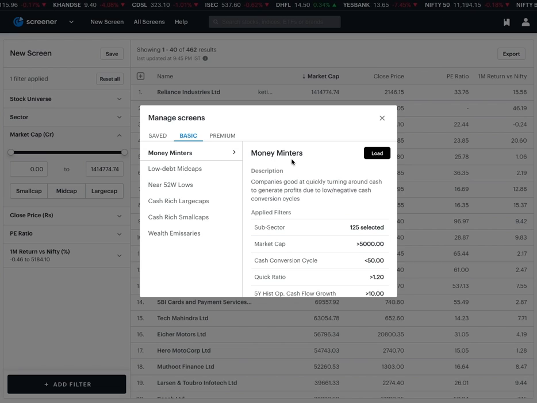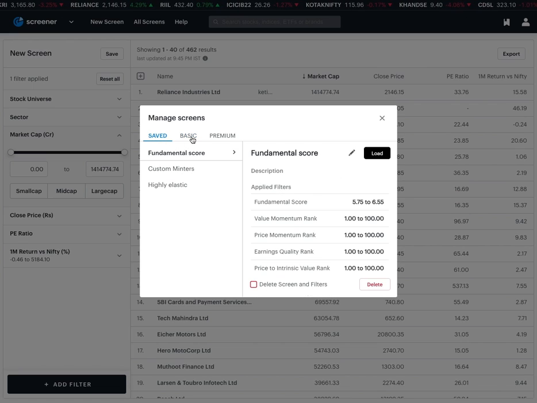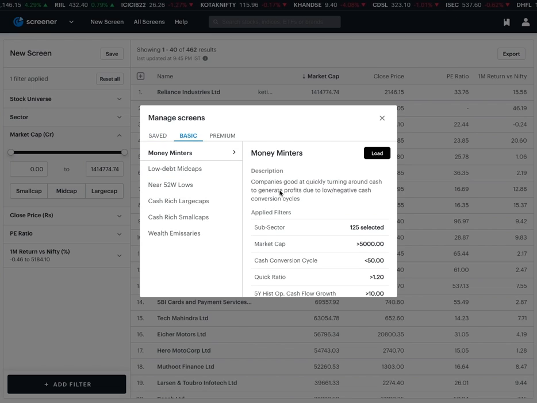This is one of our oldest screens which has been updated on a regular basis, and this is something that is very, let's say, popular amongst a lot of our users. So whenever you select a screen in any of the three views, you see a description of the screen. Obviously, this description has been entered by us, but let's say if you were to create a custom screen yourself, you can also enter the description there, and all of that will be updated here as well.